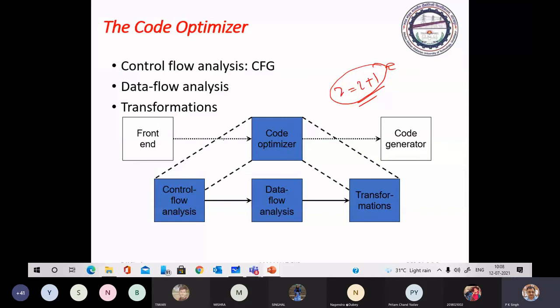This is the machine dependent optimization. Now we come to machine independent optimization.